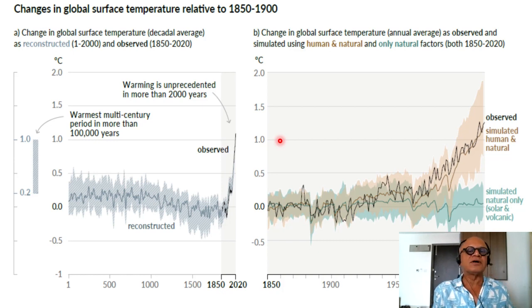Okay, so some of these you already know, but let's go through them again anyways. Changes in global sea surface temperature relative to 1850 to 1900 used as a base period. Changing the base period changes the numbers just a little, but doesn't change the story, especially the impacts that are being observed. Okay. So change in global sea surface temperature as decadal averages as reconstructed here and observed, 1850 to